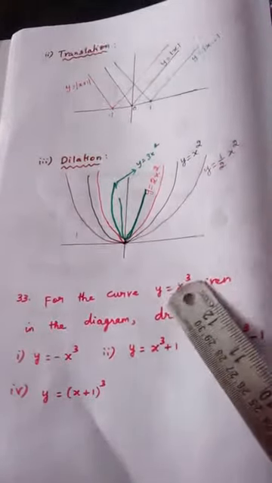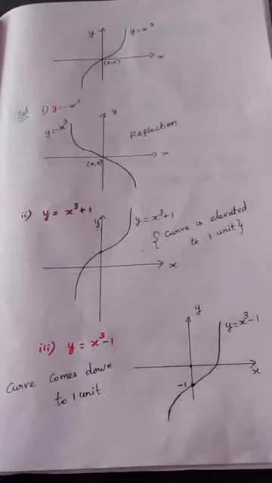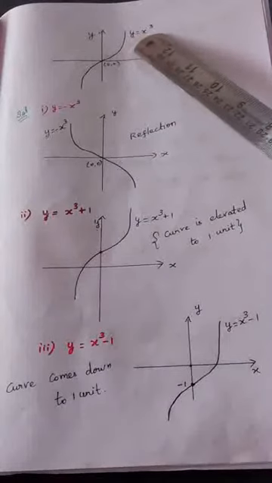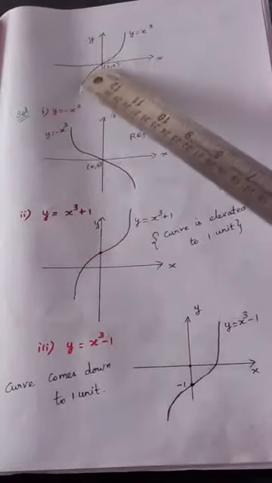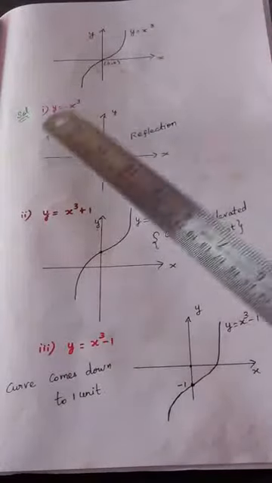This diagram will be given in the question. We will see that now. So actually this is the question. The diagram was given to us: y is equal to x cube. If this is the diagram, we need to find 4 things, out of which the first one